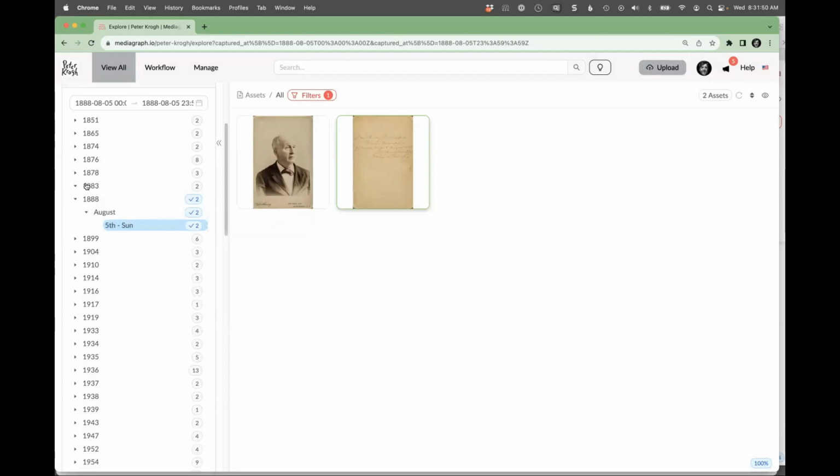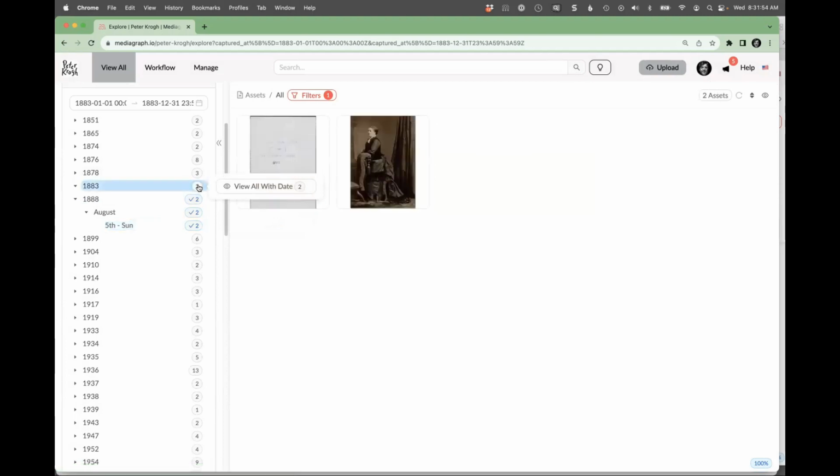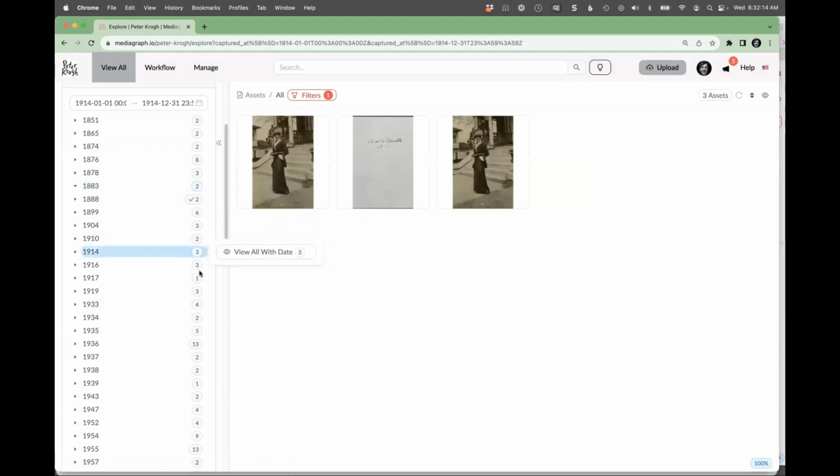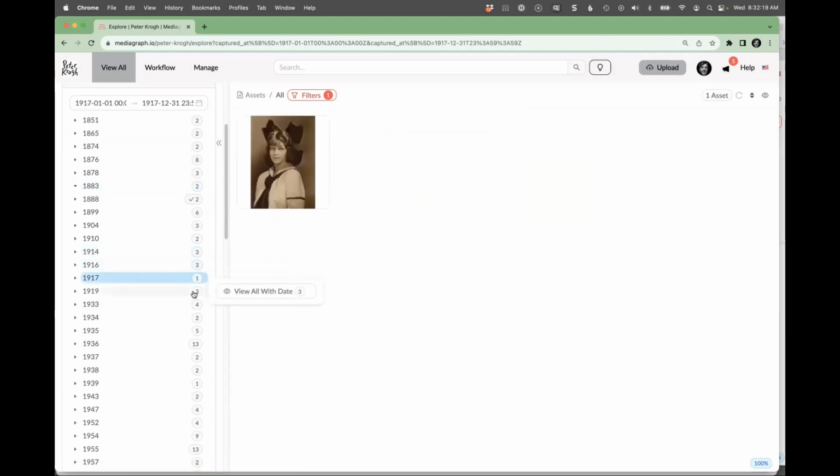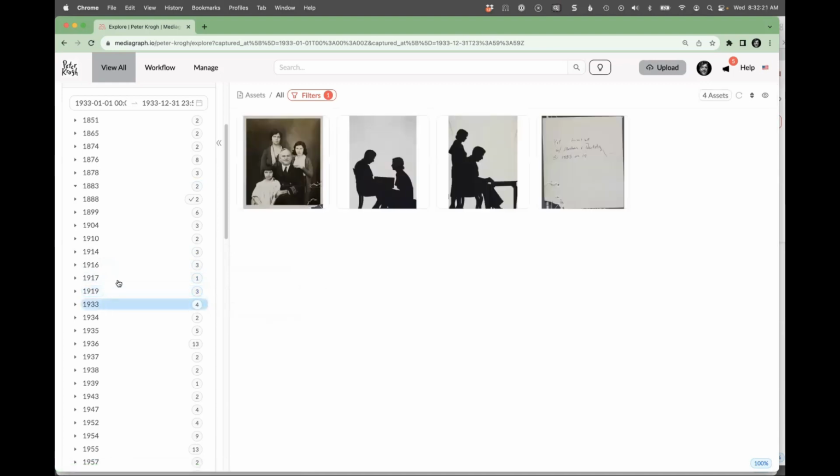But sometimes you can't. Sometimes all you have is a year, and we allow dating just to the year as well. These dates can be added in a number of different ways, including by drag and drop. So that if you have a bunch of scans that come in and they have scan date, and upon further research, you can pin it down to a particular date, you can drag it and drop it onto a particular day. And this can really help navigate through a collection